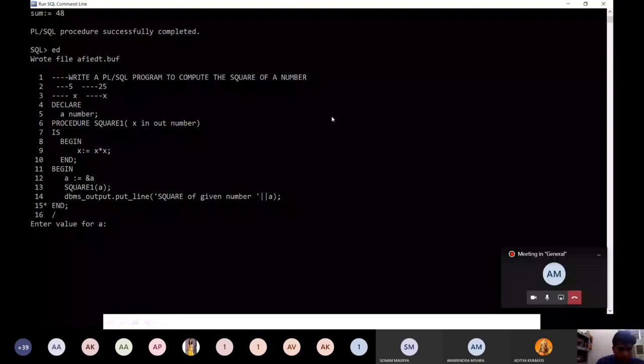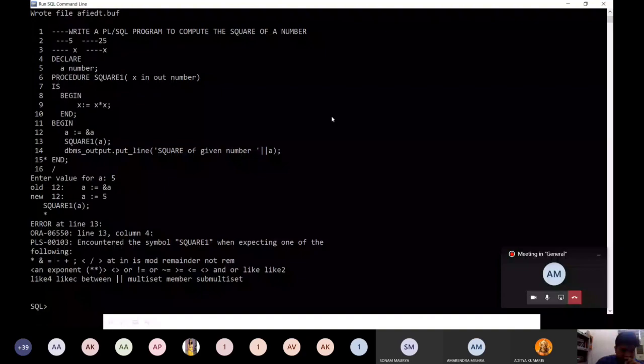What happened? What is wrong here? We did not terminate it here, right? So we have to terminate it, and now we have to execute it again. Let 5 be the input. Now see here, the value 5 is given to the program, and the square of the given number is 25.